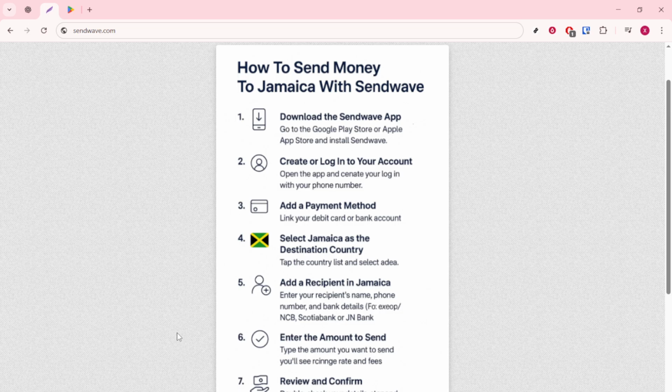For cash pickup, they'll need a valid ID and the reference details shown in your app. For bank deposits, funds post to the specified account once processed. Keep your confirmation handy and share the reference securely